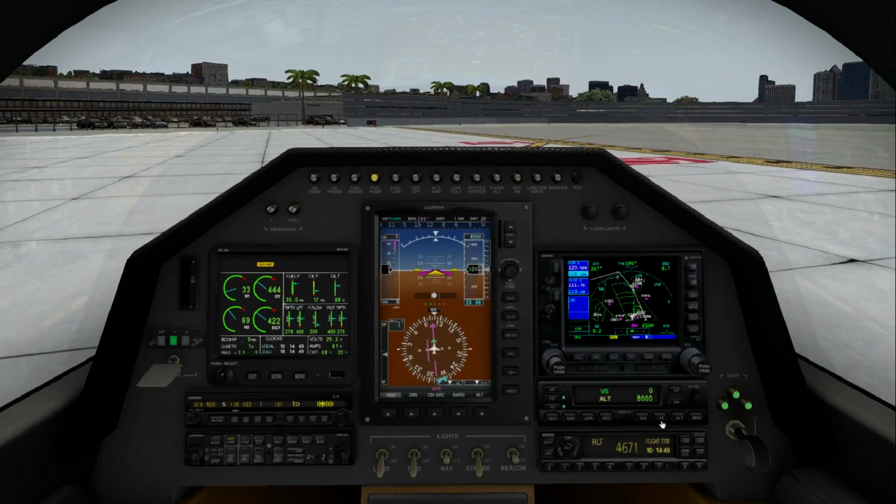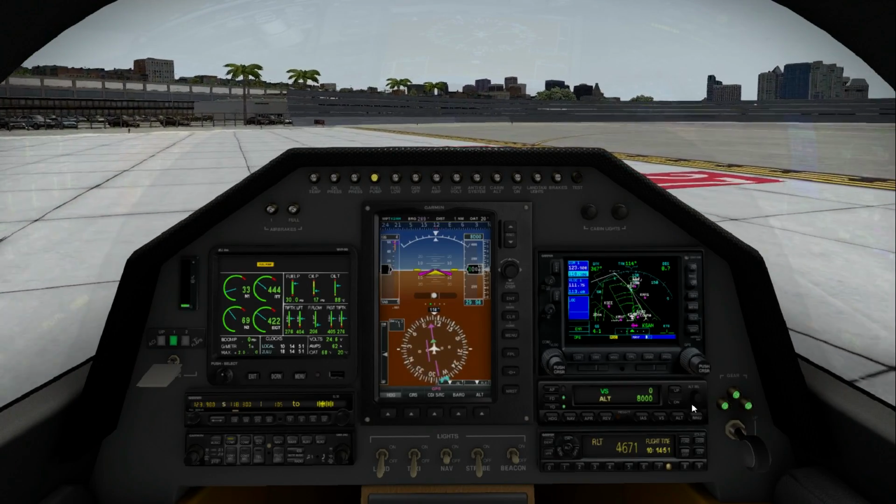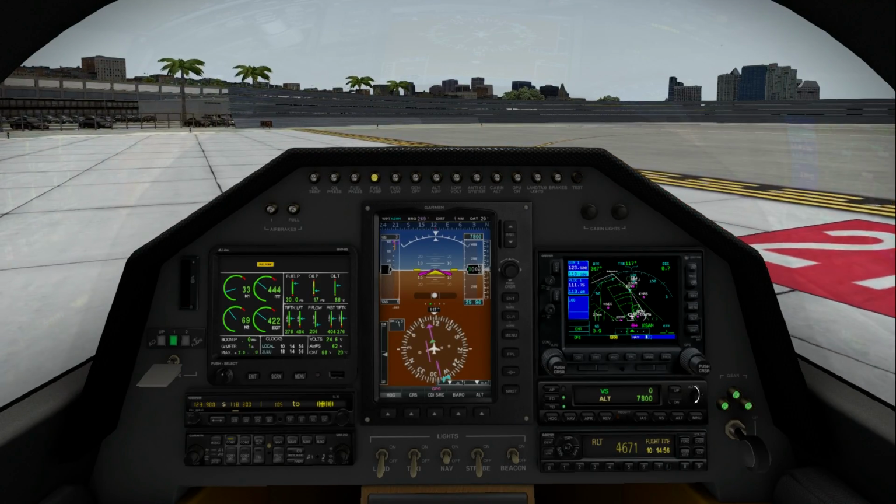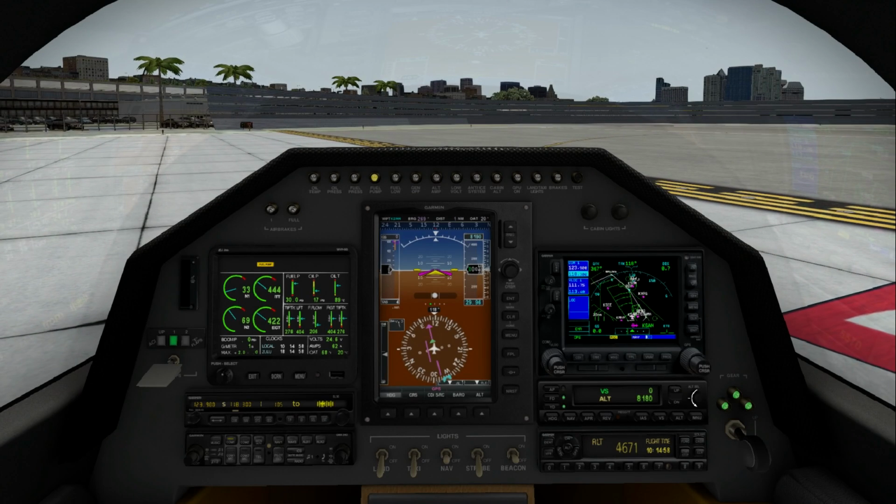Let's see, let's go vertical speed mode. Oops, not alt. Alt should be 8,000. 223 Echo Romeo at the east ramp, ready to taxi. We want to change. Stay in the pattern for some items. Go for 2,000 feet per minute. This thing's going to take off like a rocket, so we're going to be ready to pull that speed back real quick. Actually, let's go IAS of...